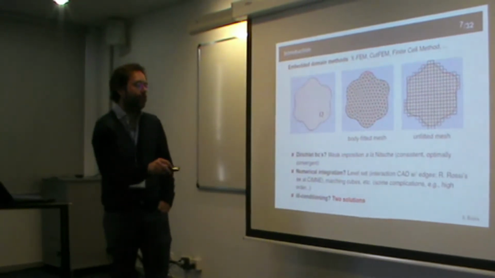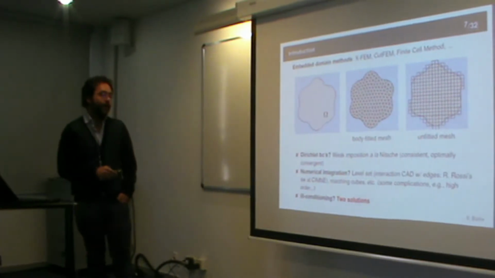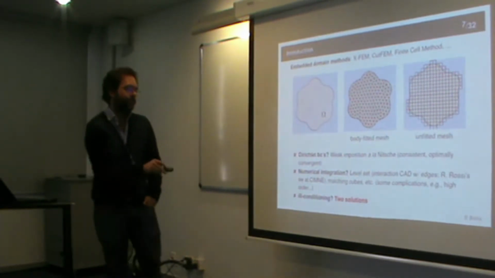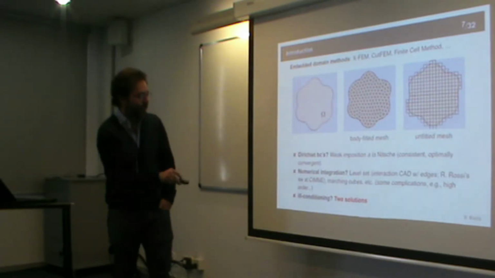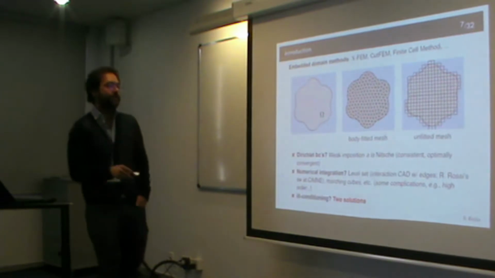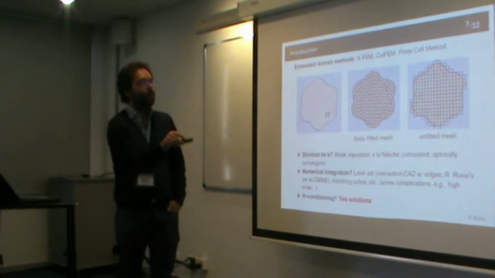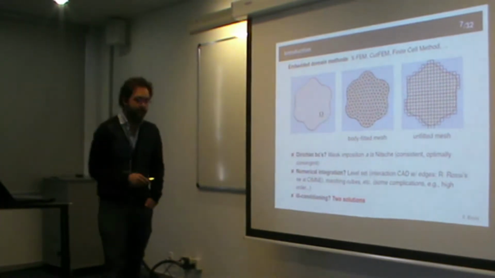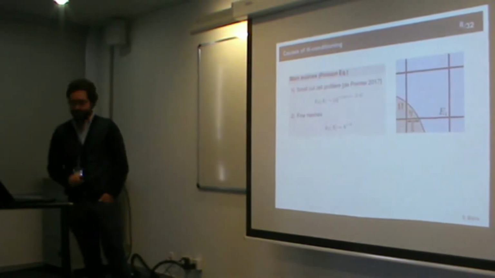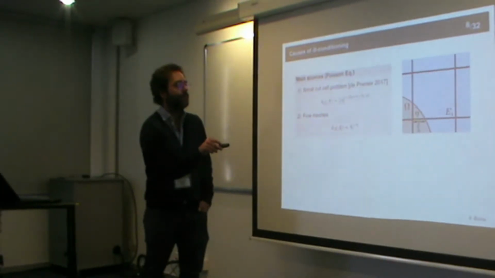I know that there are some complications in this part when we go to high order in order to keep convergence. That I'm not going to cover. This is not the point of the presentation today. The main point here is the ill-conditioning of the system. So I told you we have very nice solvers for the linear problems for body-fitted meshes, but when we got unfitted, everything crashed. So we know that apart from the typical behavior of the condition number that goes with h to the minus 2,